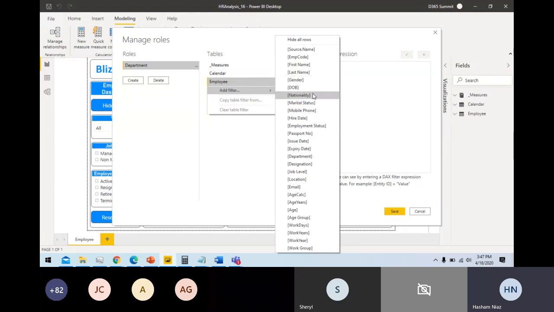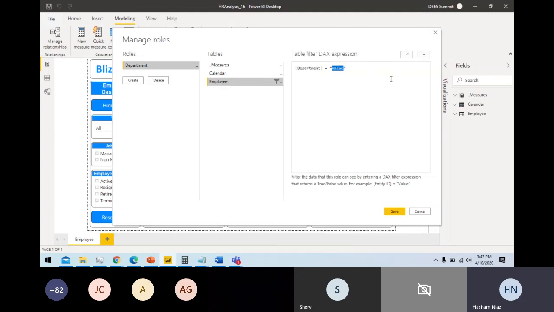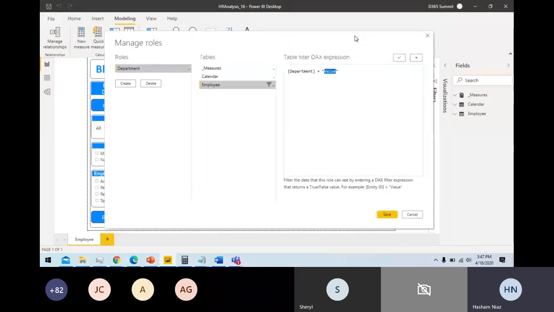I have a field called department here, and I say the value is, what are the department names, different sales. Let's do it for sales now. Let's maybe rename this as well so it is more clear.